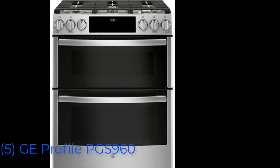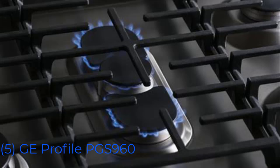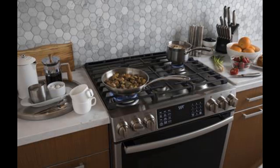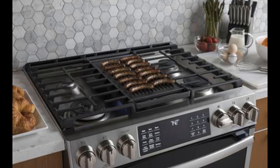Number 5. GE Profile PGS960. If you're looking for a double oven slide-in range, we'd suggest the GE Profile PGS960. It has cooking features that are among the best in its class, including one of the strongest power burners we've seen on any non-pro style stove. Its lower oven can fit bigger birds and roasts than other 2-cavity models, too,